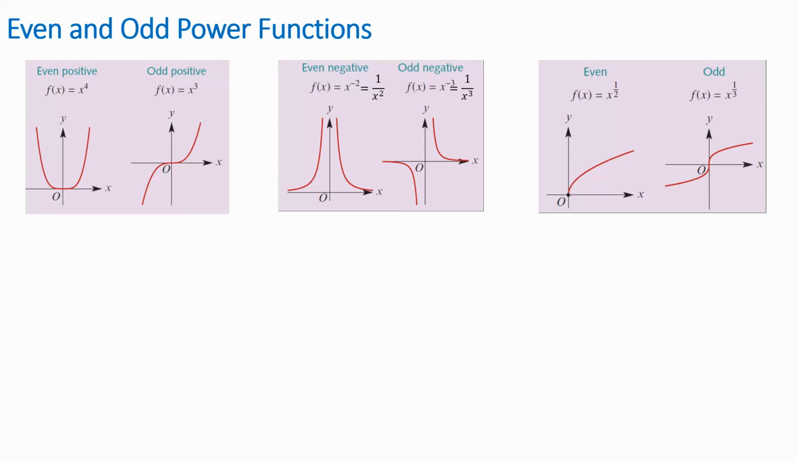Then you get your rational powers. So you had x to the power of 2. They're all whole numbers. It's either 2, negative 2, 3, negative 3. Here you now have